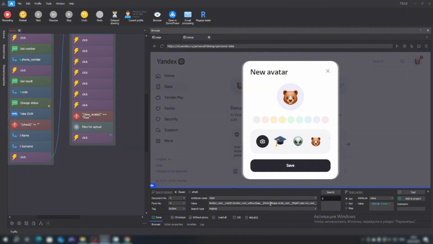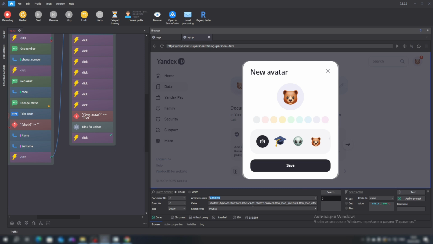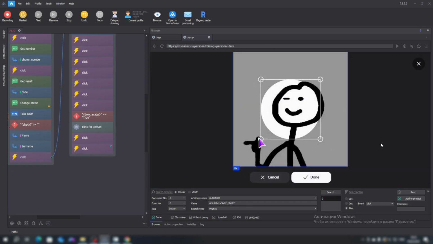And let's just select the author HTML in the same appropriate manner as before. And here the action Add Photo is available. The click action is found. And that's it. Our avatar is uploaded.